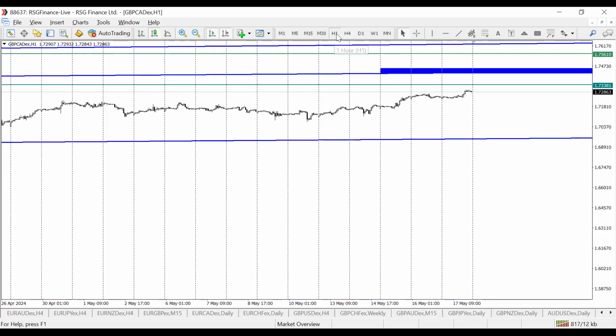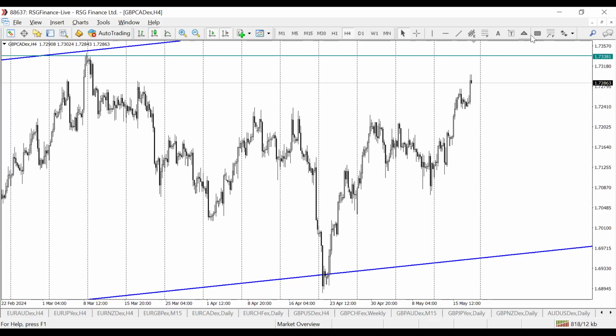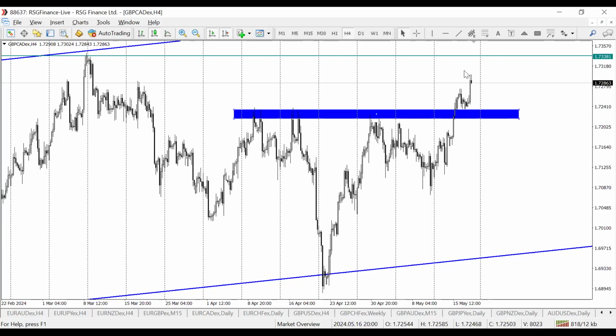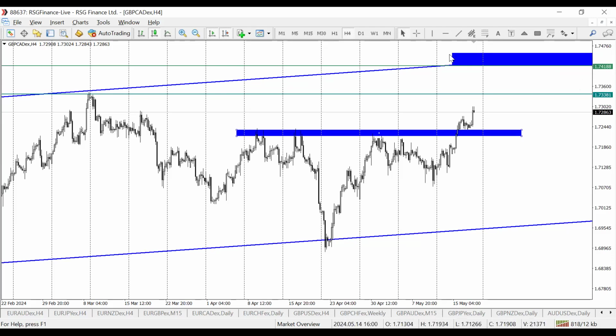So in case you're trading this, you may need to go down to lower time frames, using your strategy to find where the entry will be. But then you could see some major key levels here. If price is able to make a bounce again, then this will give you a better risk to reward ratio. Then you target the first take profit level, 1.73381. And then the next one is somewhere around here, 1.74188. Okay, so let me take this off. That's already showing the upper boundary where we target. Next trade will be GBP USD.